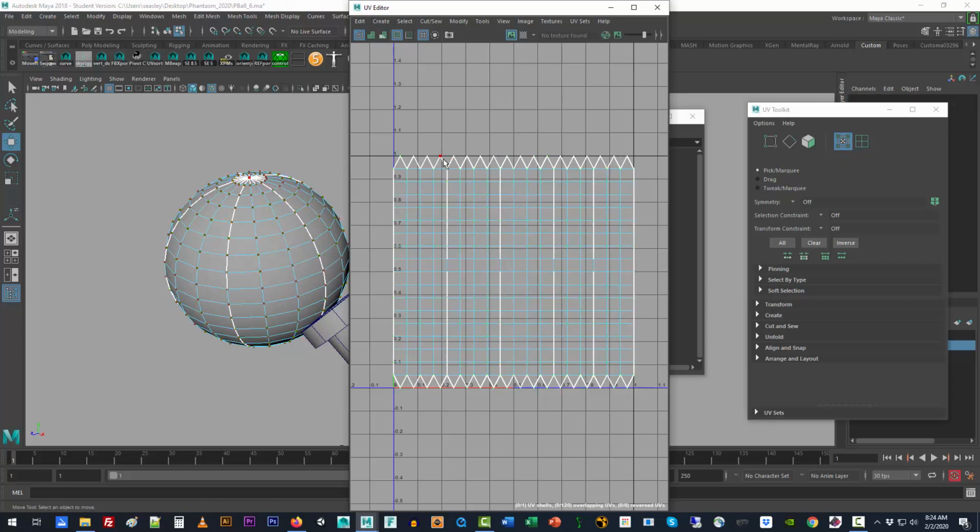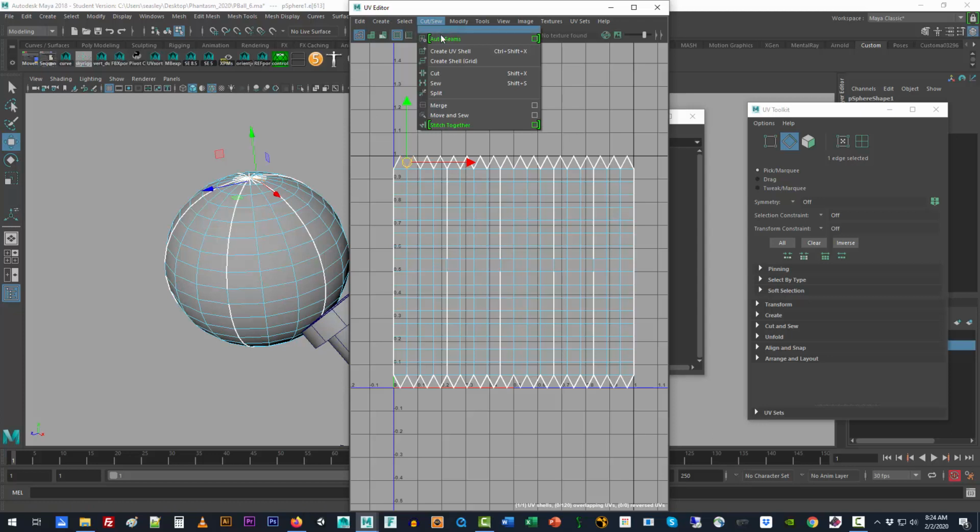The last thing we want to do before we jump in and actually relax these UV sets, these little spiky picket fence tops, let's merge those together, because there's really no reason for them to remain shark teeth here at the top. So using this method, we can come up and actually sew them together. Shift S under Cut and Sew. But before we do that, let's select and then shift select all of them in one fell swoop,